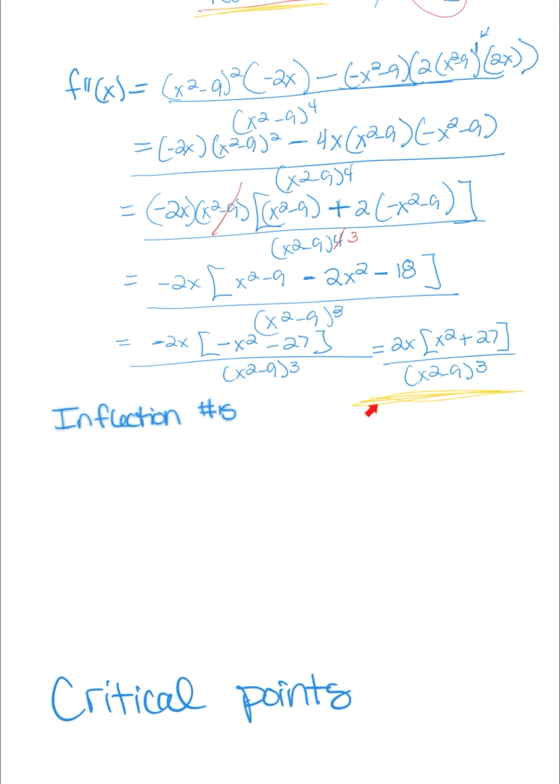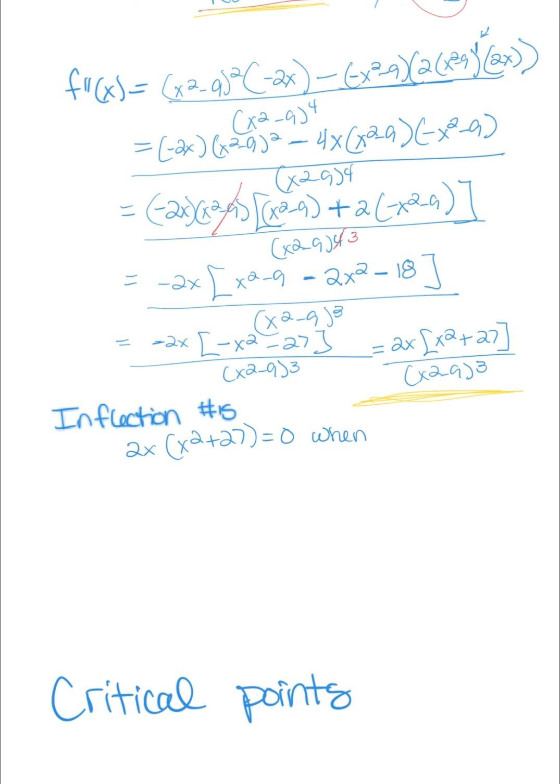And again, what can make the second derivative equal 0? Well, that is going to be anything that makes the numerator equal 0. Technically, it's also where the second derivative is undefined, but this is already accounted for in our vertical asymptotes where we said x equals plus and minus 3. So we don't need to be repetitive and put that again. Okay, so the only thing, well, let's put the whole thing, that will make 2x, x squared plus 27,